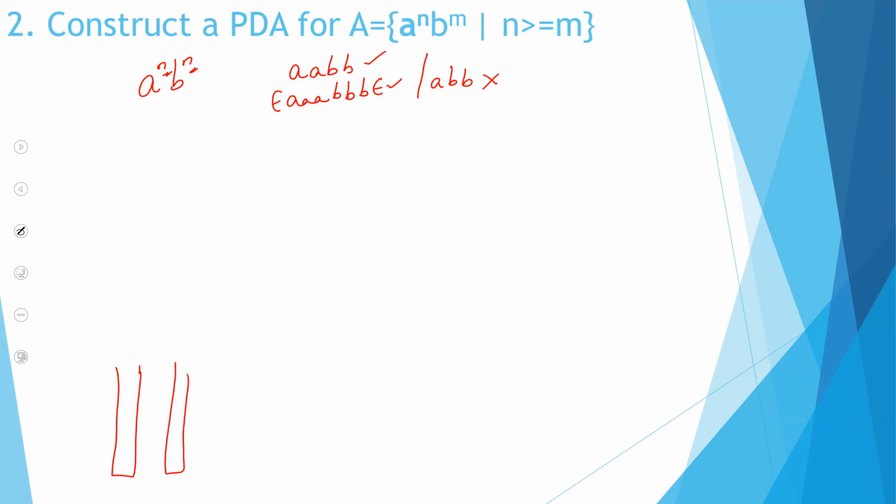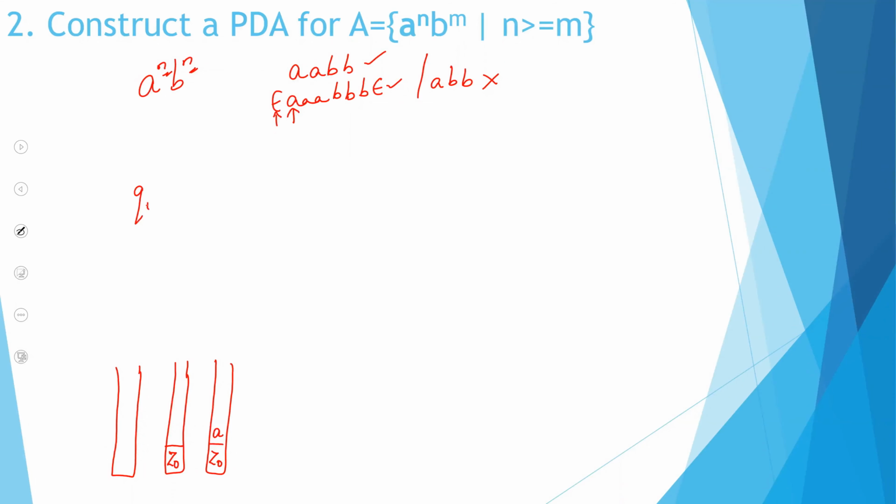First, you will be encountering an epsilon. Now, we've already seen that initially the top of the stack will be Z0. So when you encounter epsilon, you will initialize your stack so that you will be having Z0. Now, you are encountering A, which means you have Z0 and now you are putting in A. So let's draw the state transition diagram simultaneously.